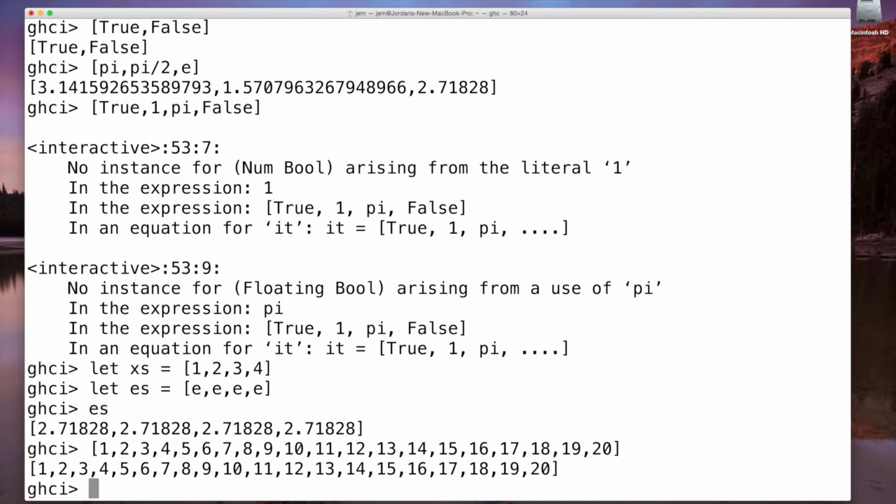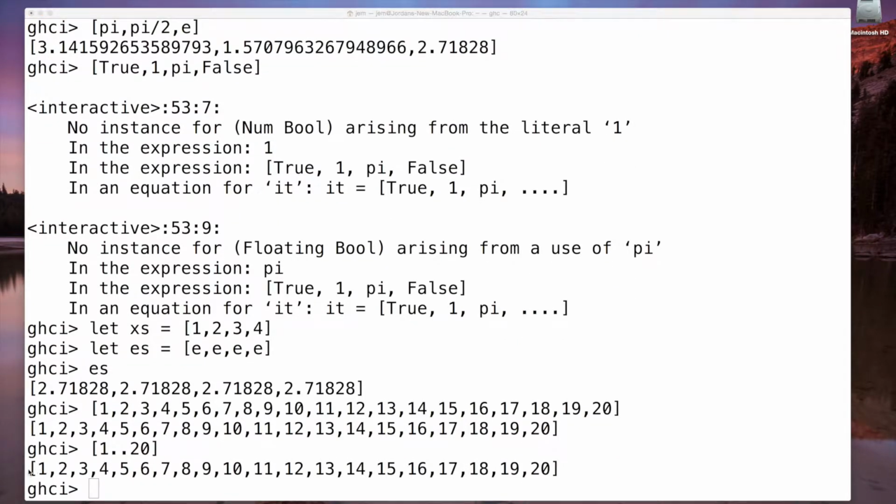And what if you had to do this for 1,000 numbers, or 100, or anything? It would get out of hand. So instead, Haskell provides the .. operator, which goes in steps of 1